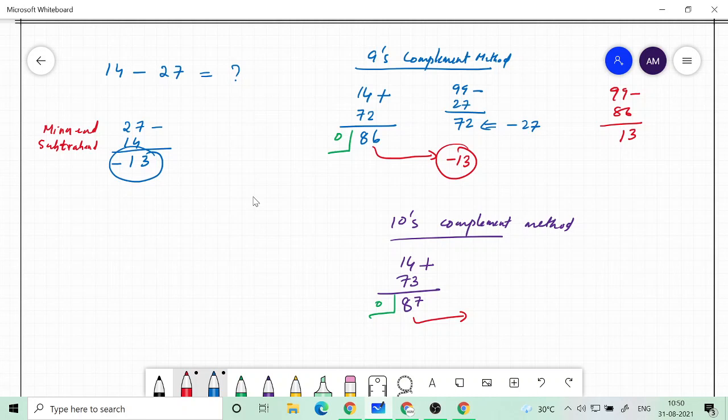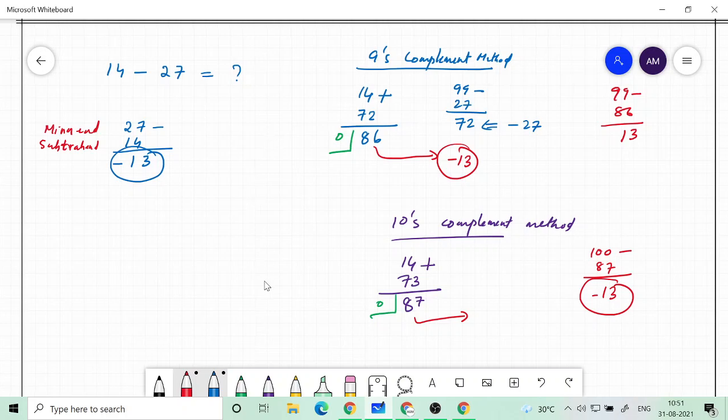And to verify which number this is in sign magnitude form, what we need to do is 100 minus 87. 100 minus 87 is basically 13. And then since it is a negative number, because it is greater than 49, all numbers greater than 49 correspond to negative numbers in 10's complement form. So this corresponds to 13 again. Okay, so 87 is the 10's complement form of minus 13, 86 is the 9's complement form of minus 13. So minus 13 is the answer, and that we are getting.